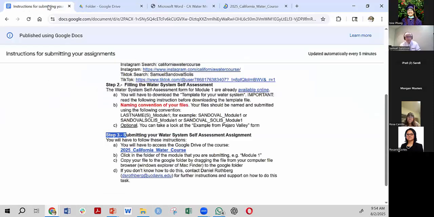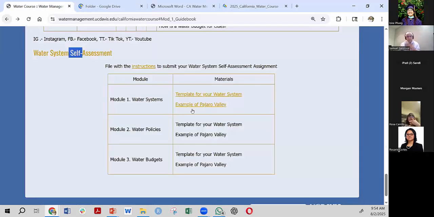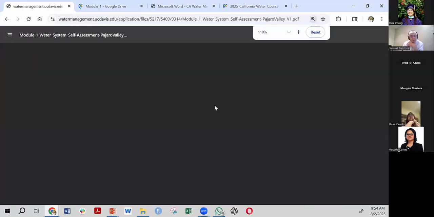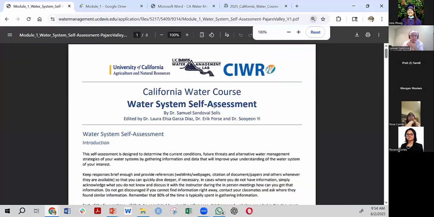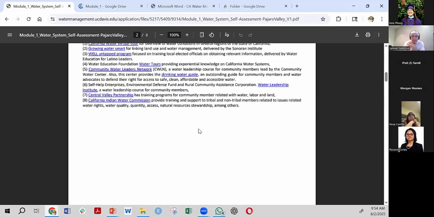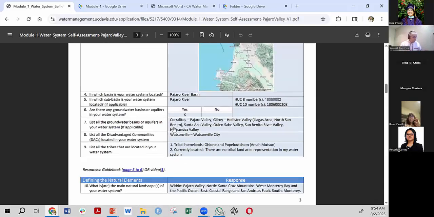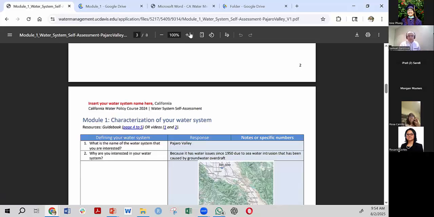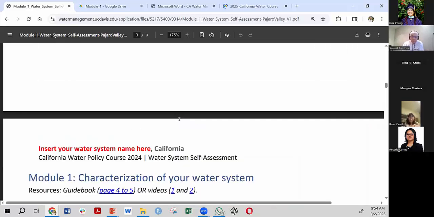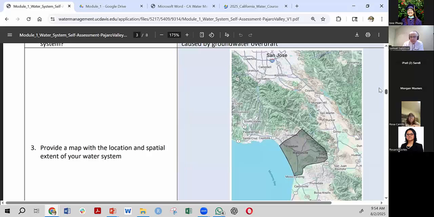One last thing here that I really want to touch base. So I'm going to show you an example of your homework. I'm actually doing my homework on Pájaro Valley. So that's how I'm troubleshooting the work. So this will be an example for that homework.